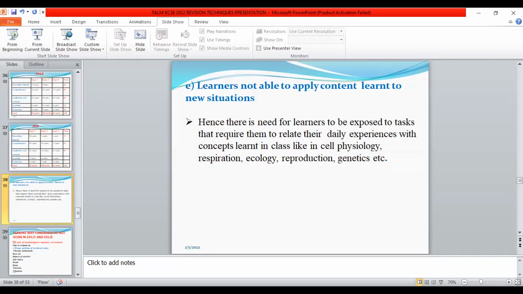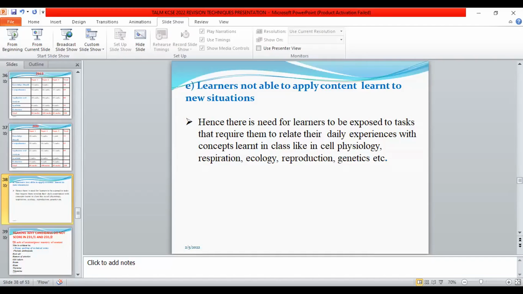As we are teaching, we need now to take our learners out of the class and take them to a real life situation. For example, they must have observed in their homes, when their mothers buy carrots and they keep them for a day or so, they decide to dip them in a basin containing water. When they buy kales from the market and they are not cooking those kales that particular day, they will prefer to immerse them in a basin containing water. We need to explain to our learners. They need to understand why that is being done. So let our learners relate what they are doing in class to what they see outside.